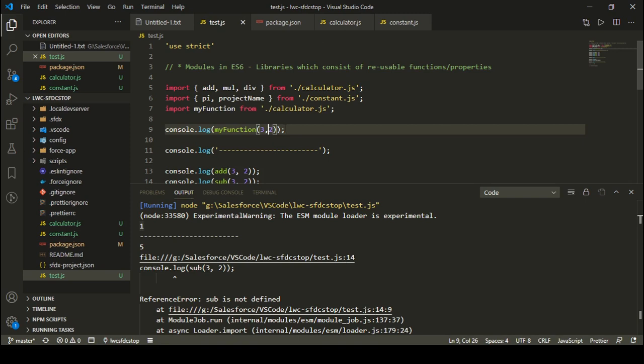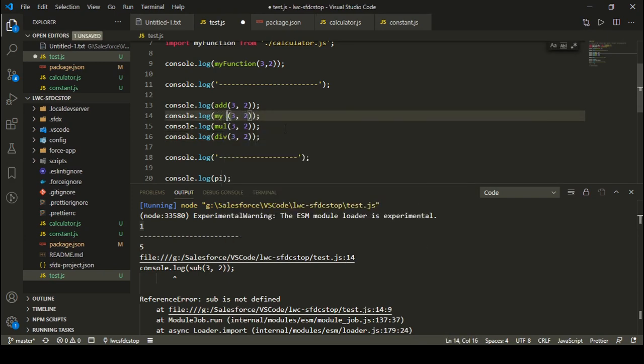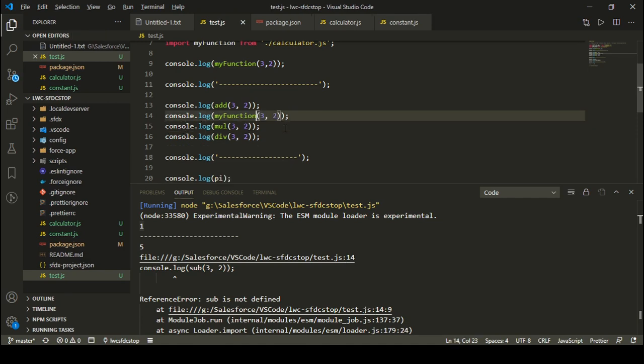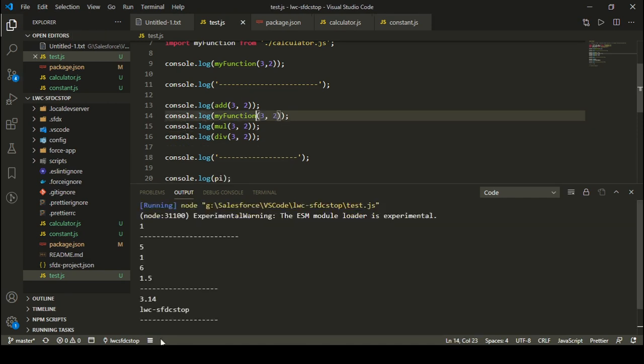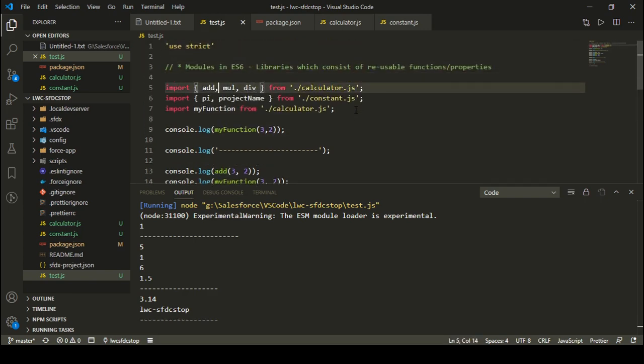Okay, and in case you are importing something, let me just first of all update this sub with my function, because now its name is my function, right? And it is exported by default so that we can remove the errors. Yeah, so everything is fine. And in case you want to name this function something else, so let's say you don't want to name this function as add, you want to name this function as something else, right?